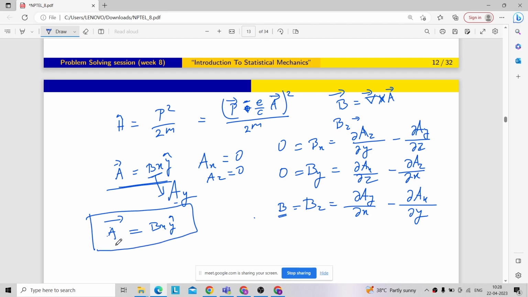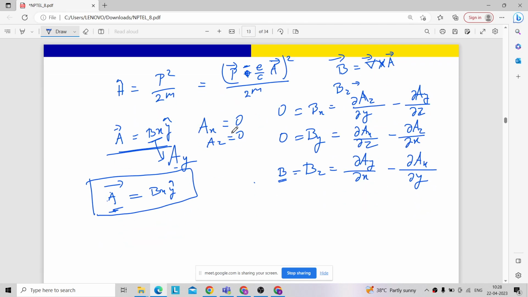Now I have the form of A. Now I can substitute in the above equation, right? So if I substitute A in the above equation, you see this is only in the y direction. So I can write Ay equal to Bx, right? So we have the Hamiltonian, like we have already got the solution. We are just simplifying this. Okay, as we are being asked to simplify, so this is